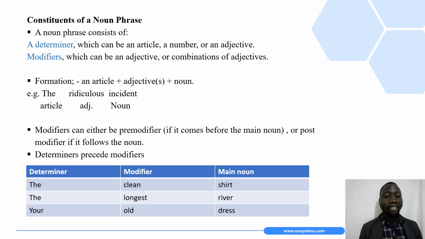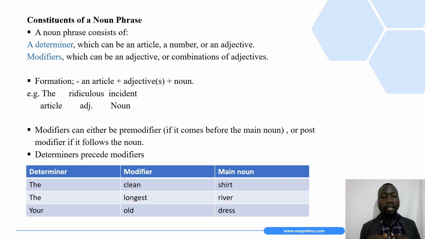So your, in this case, is our determiner, then our modifier is old, then lastly, our main noun or our head word is dress. So that is how we form a noun phrase, dear students. And I'm repeating that the main noun will always appear at the end of a noun phrase as shown in